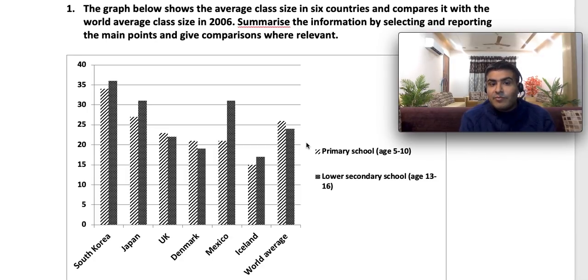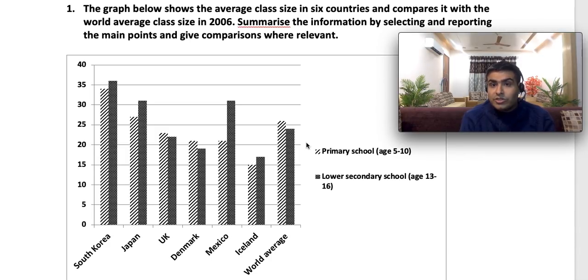It's one of the exam questions that came in the exam a few years ago. So the first thing that I do, the first step is to read the question and to understand the graph. So here I look at the question. It says the graph below shows the average class size in 6 countries and compares it with the world average class size in 2006. So let me just give you an idea about what I undertook, what I got from